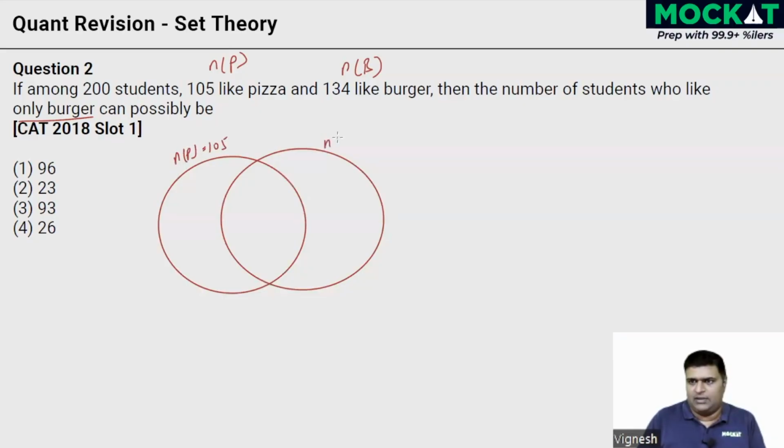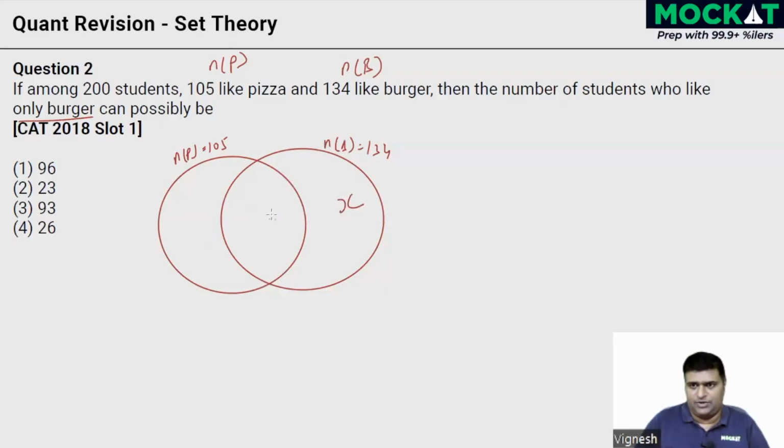So we're going to have A as 105 and B over here, that's given as 134. If we have an X over here, this is going to be 105 minus X, and this is going to be 134 minus X. The number of students who like only burger can possibly be... sorry, with that, we could have gone for X over here. The possible number of this is what we're looking at. Go the other way around then. Sorry. Yeah, so if this is X,